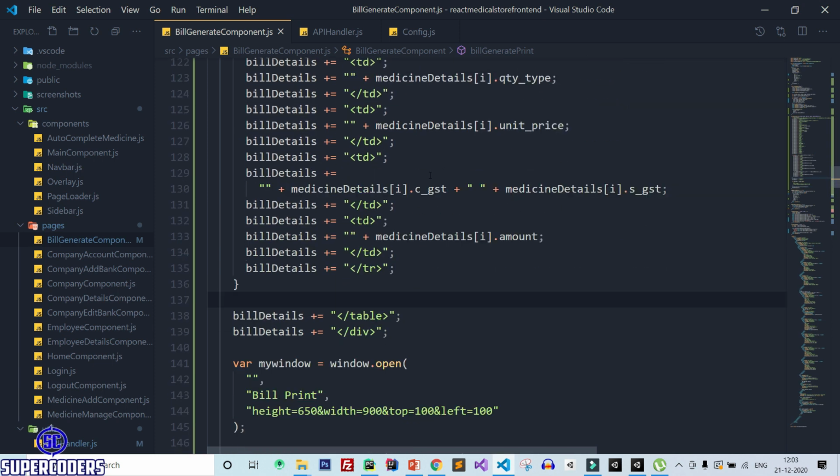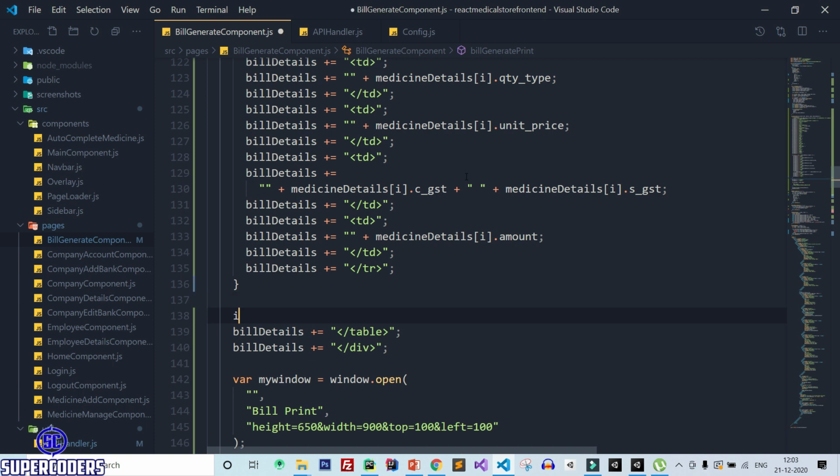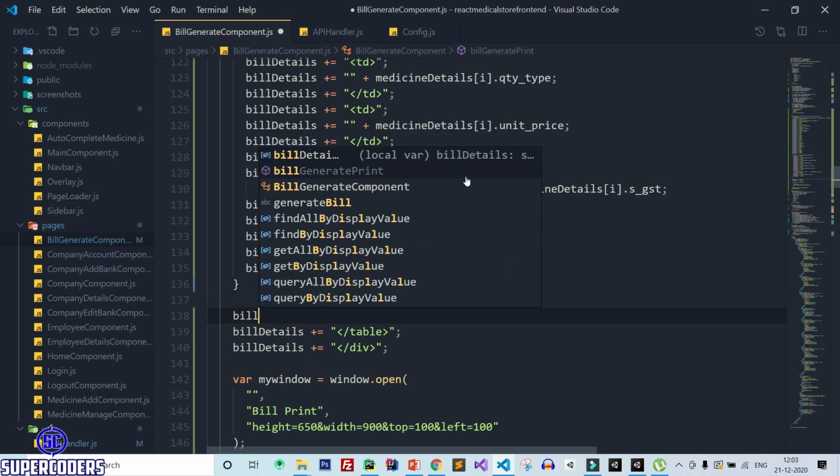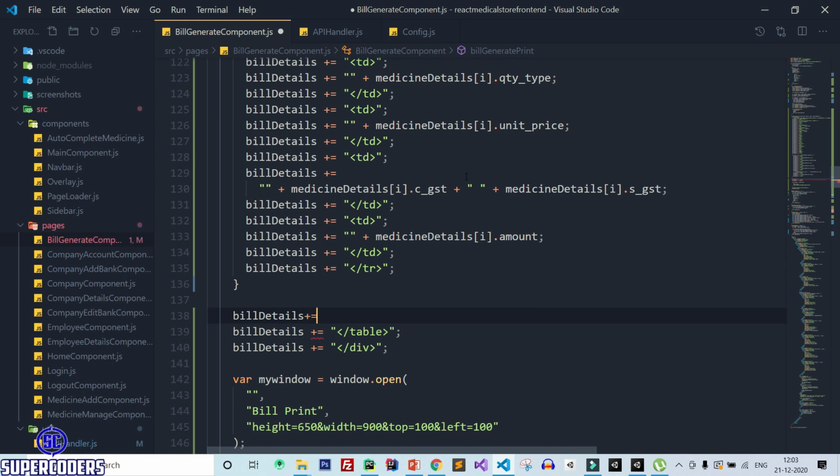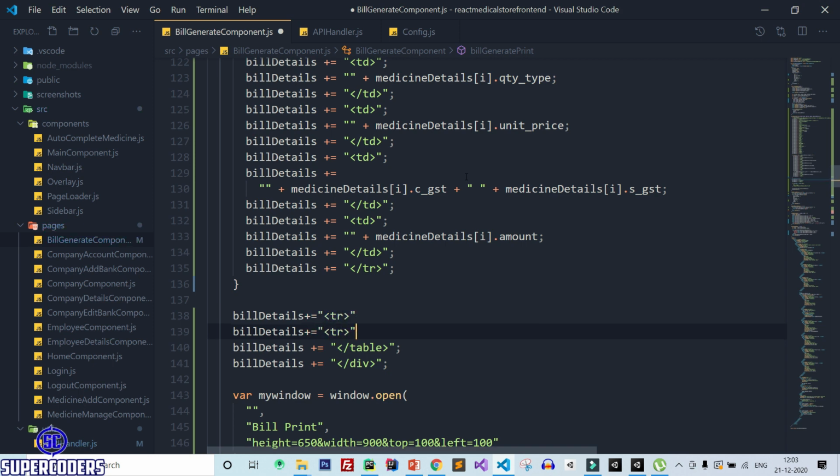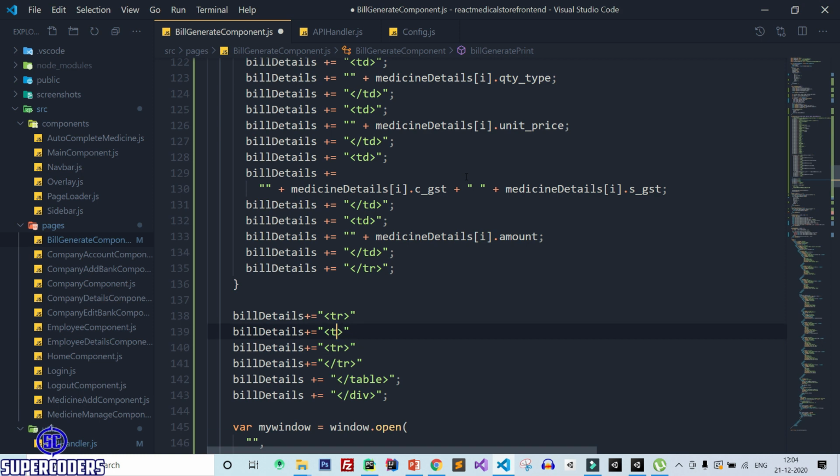So again here, bill details plus equal to TR, close the TR. After that, add TD, close the TD.